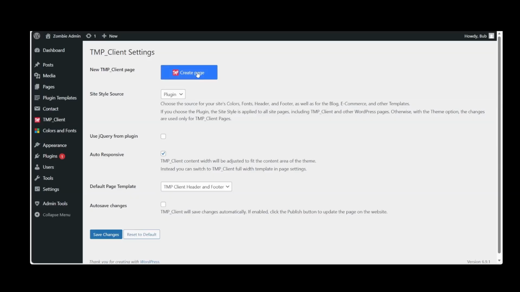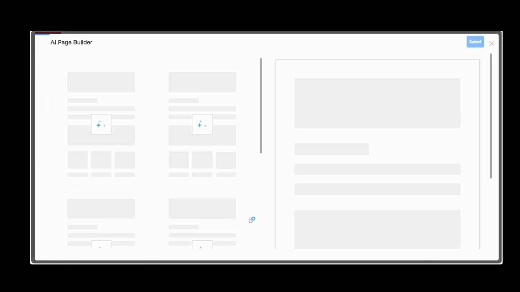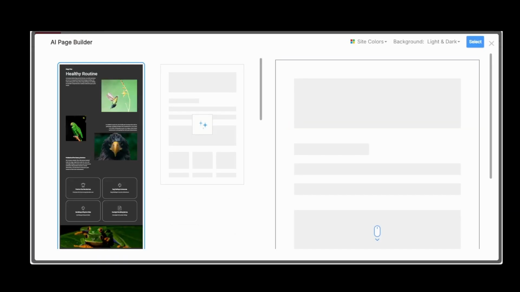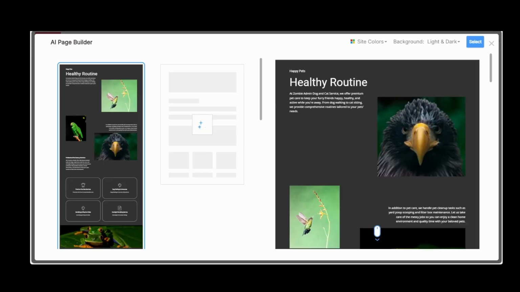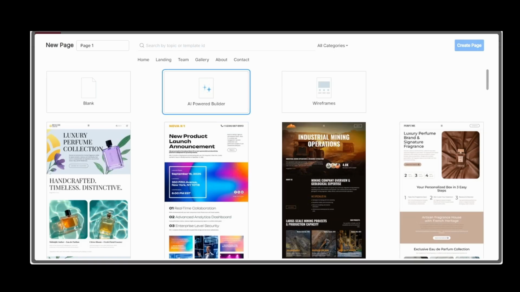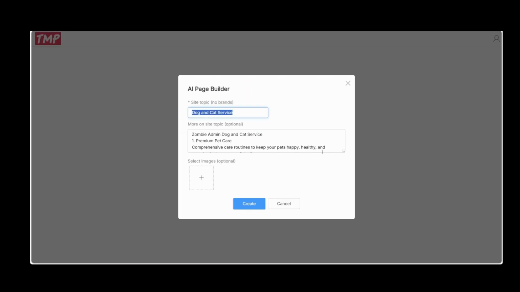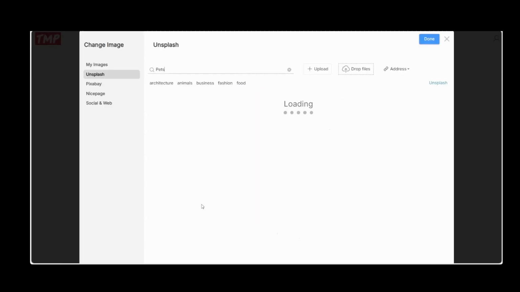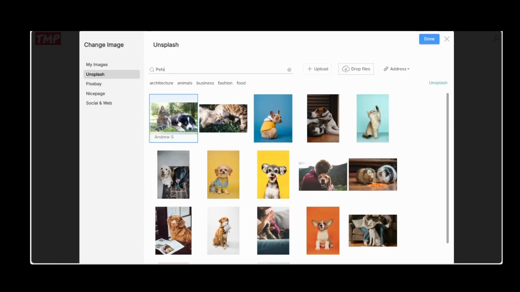We're going to go to create page. And let's see what AI does for us. We'll create AI builder page and we'll add in our info. We're just going to select some images that we have.